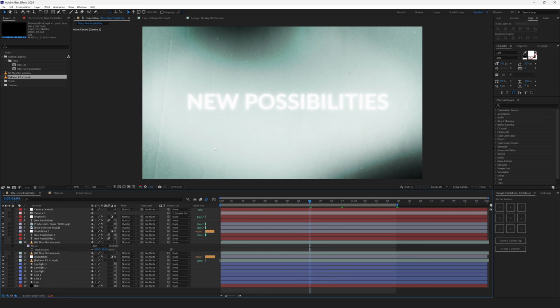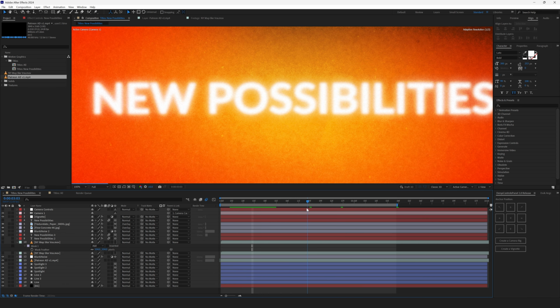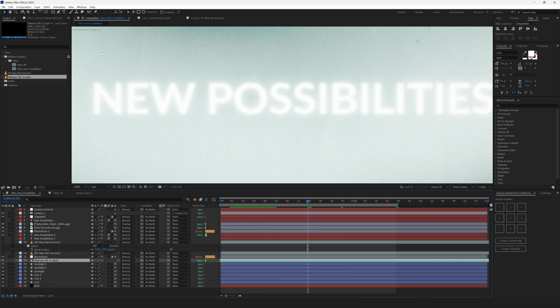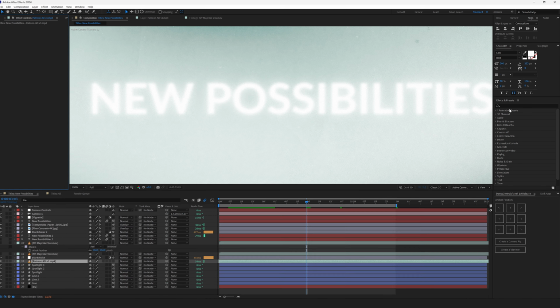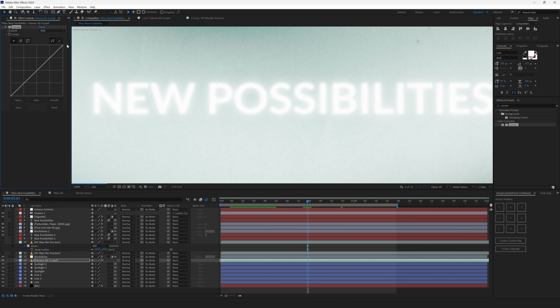Of course, sometimes it doesn't work because of the very light background. When a title is bright, it works really well with dark colors and very saturated ones. If your background is white or almost white, you will need to darken it a bit. To do so, select the video layer of yours, go to Effect Controls, and in Effects and Presets, type in Curves. Drop it on top,